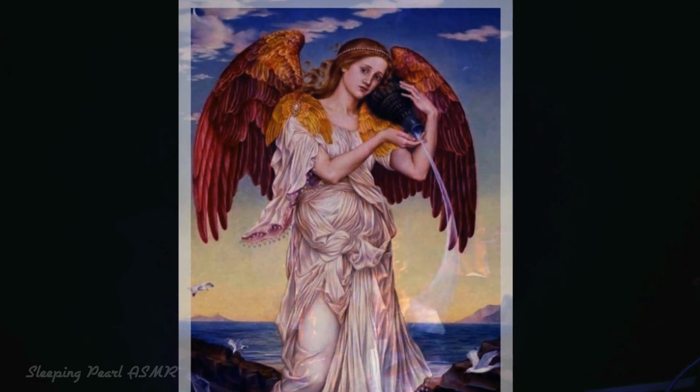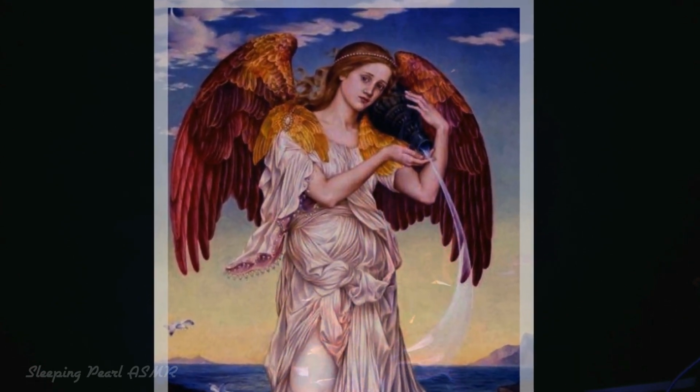Eos, who was born with wings, would rise into the sky from the river Oceanus at the start of each day. She then hastened with active cheerfulness to open the gates of heaven in order to herald the approach of her brother, the god of day,